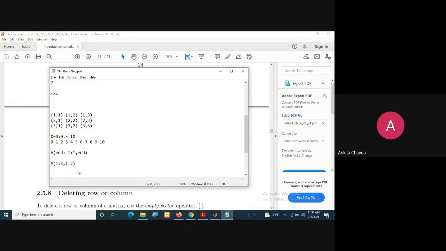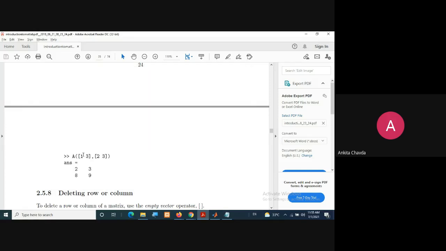So in that case, you have to use the second way. You can write here first and third row, and you want the second and third column, suppose. If you have different data, you want the first data and the last data, in that case you have to use this. So here we are doing the same. We want first and third row, but second and third column. So we have this 2, 3, and 8, 9. You can check.